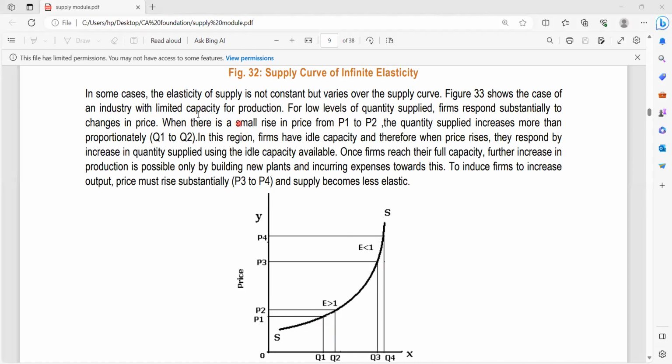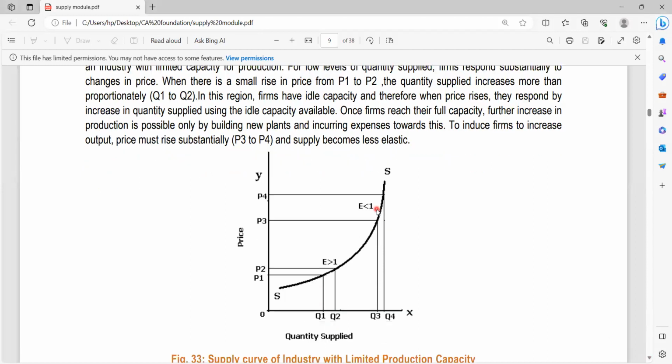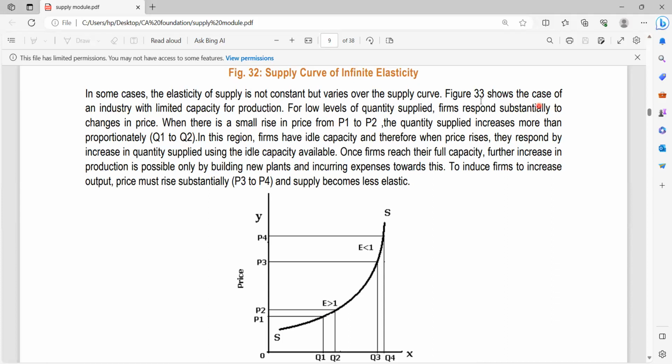Okay, so यहाँ पर इन्होंने बताया कि कुछ केसेस ऐसे होते हैं जहाँ elasticity is not constant but varies over the supply curve। तो ये वो वाला केस है, इन्होंने ये एग्जाम्पल बताया है आपको। ठीक है, फिगर 33 में इन्होंने यही बताया है, और इसमें ये भी कहा है कि फिगर 33 shows the case of an industry with limited capacity for production for low levels of quantity supplied firms respond substantially to changes in price।